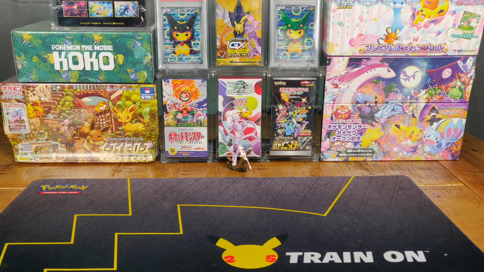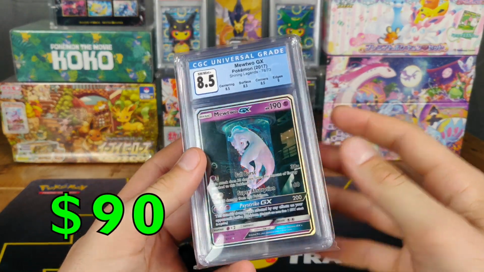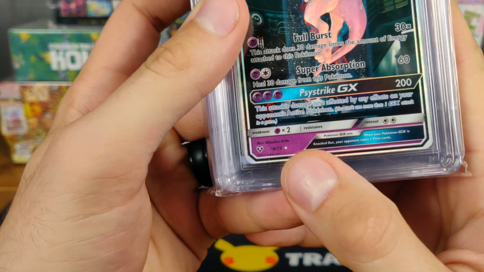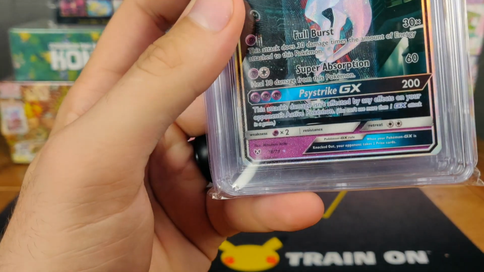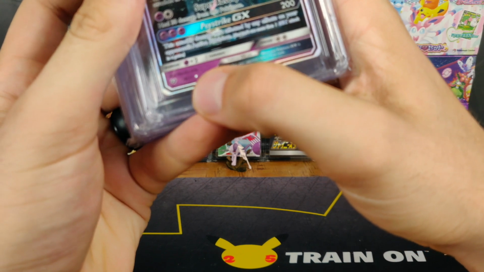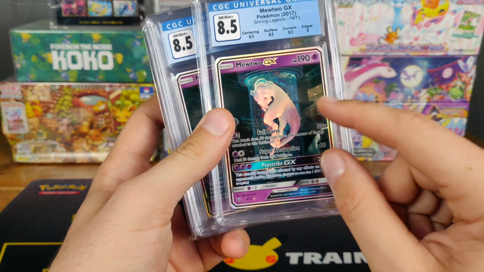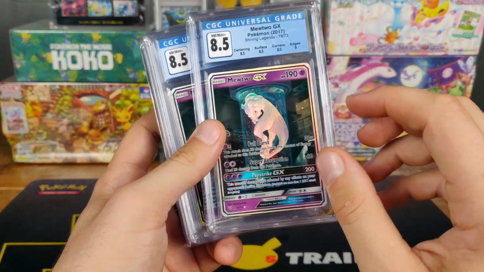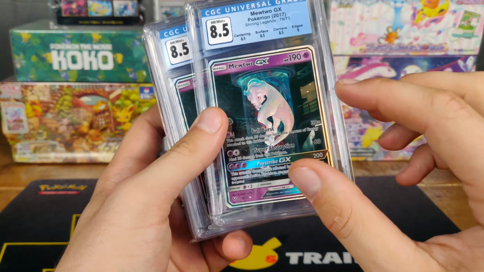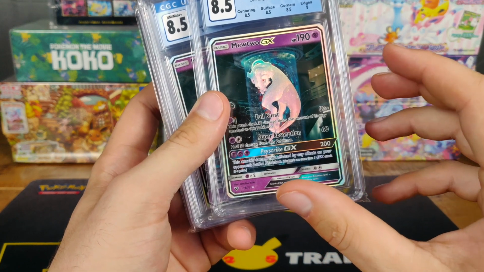One of my flukes with grading is one of the best Mewtwo illustrations that I've ever come across. Oh man, sorry, the camera. The artist Mitsuhiro Arita, again I'm going to mess up that name, he's the one who designed the Charizard and everything, and he states that this depiction of Mewtwo is his favorite illustration he's ever done